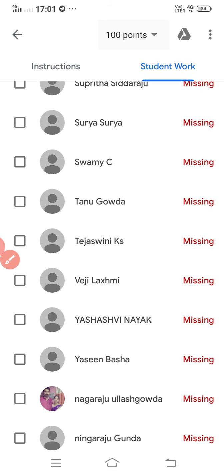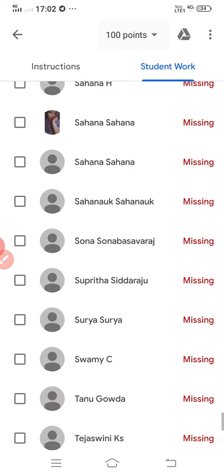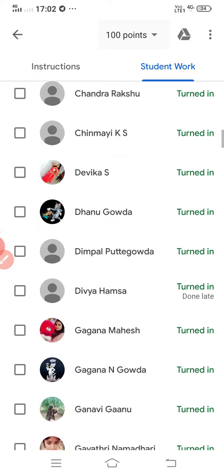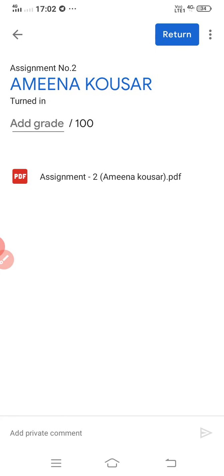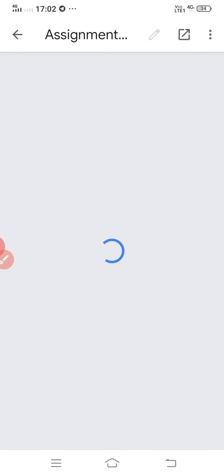This is regarding the evaluation of student work, how many have submitted or not. If you want to evaluate an assignment individually, just click on the Turned in option. You can see the assignment they have written, and you can check it and do the evaluation.